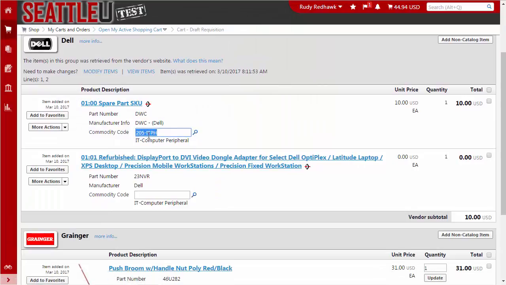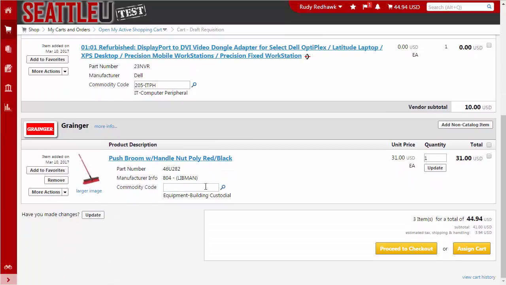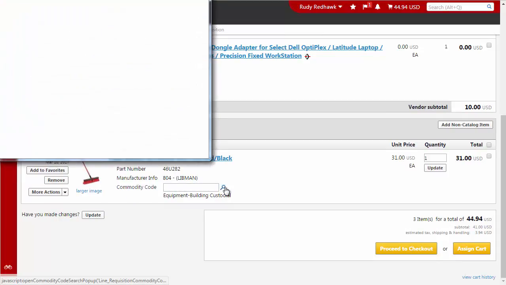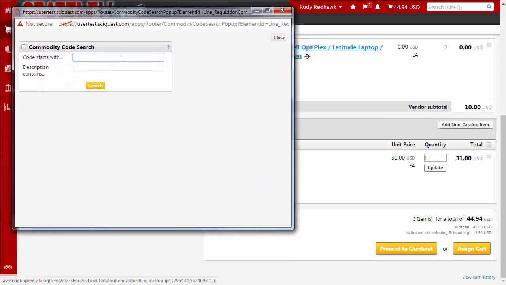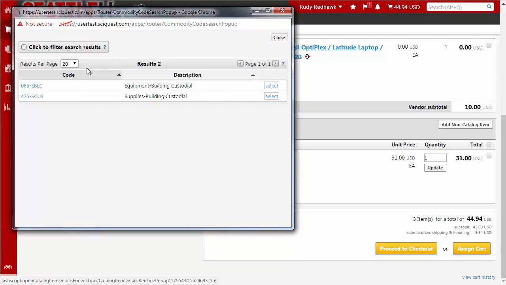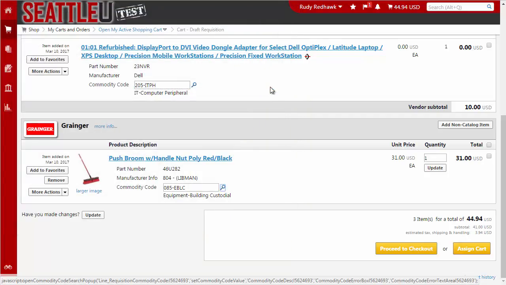Since the next item is similar, we repeat or can copy-paste. We need to now repeat for the broom. Here, though, we start by typing in maintenance, selecting Equipment Facility Maintenance. When commodity codes are not listed automatically, there may need to be some trial and error involved in locating the appropriate code. At this point, the requisitioner is ready to prepare a requisition, and starts this by clicking on Proceed